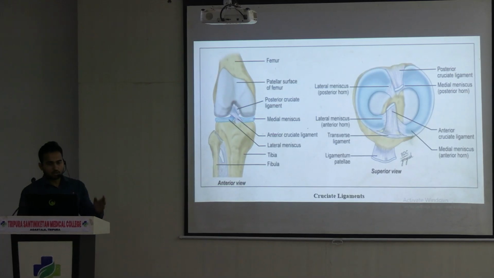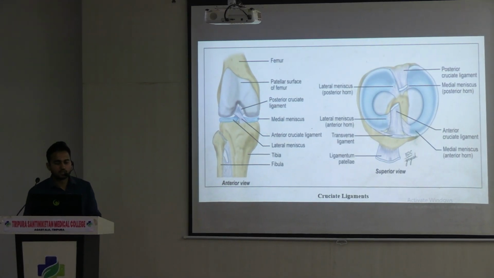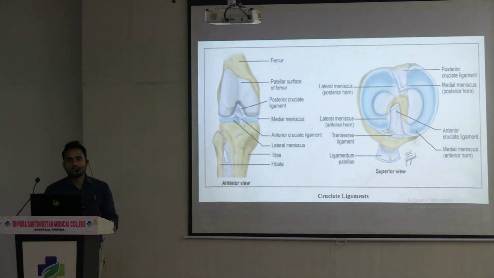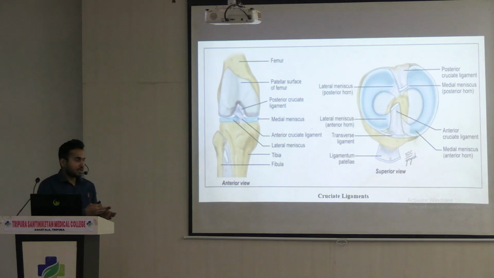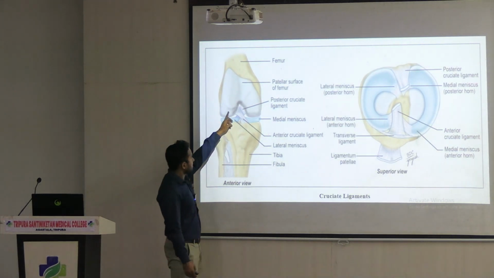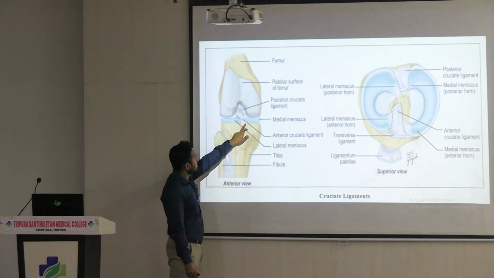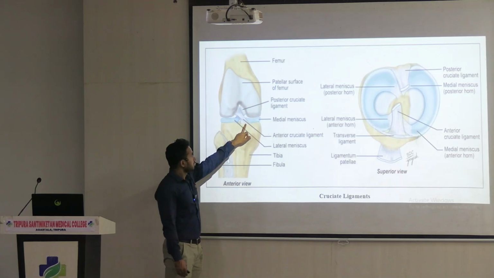Which condyle? The anterior one is extending from the lateral condyle, okay, and the posterior one is extending from the medial condyle. And the anterior one, when it is extending, is attached to the anterior part of the intercondylar area. The posterior one is attached to the